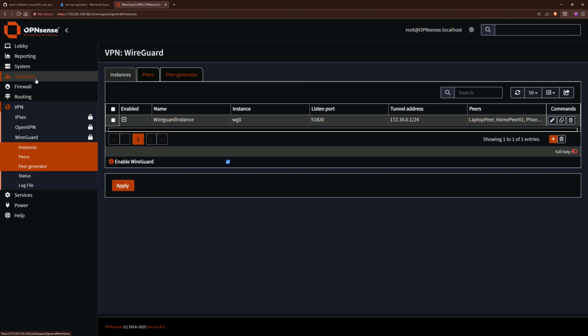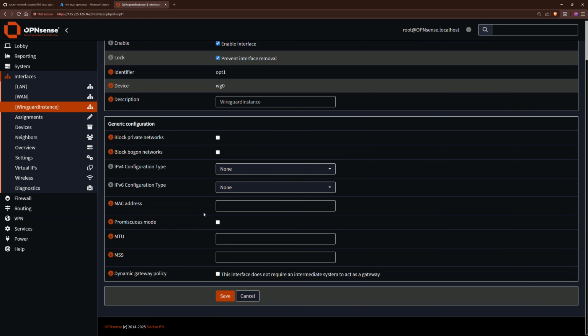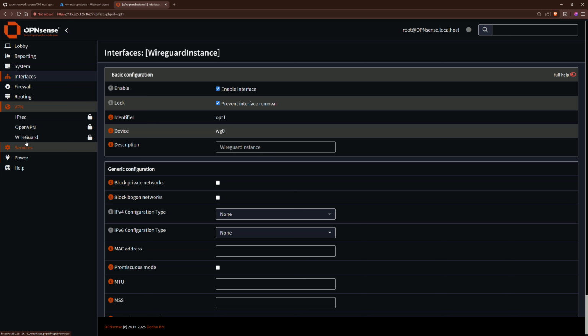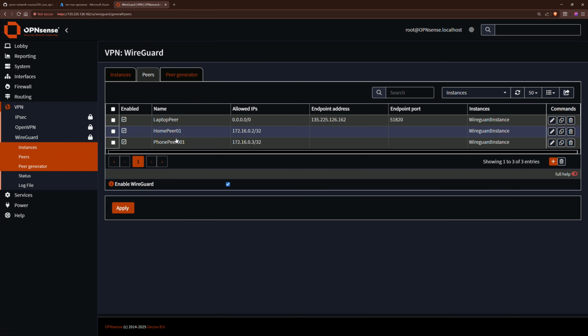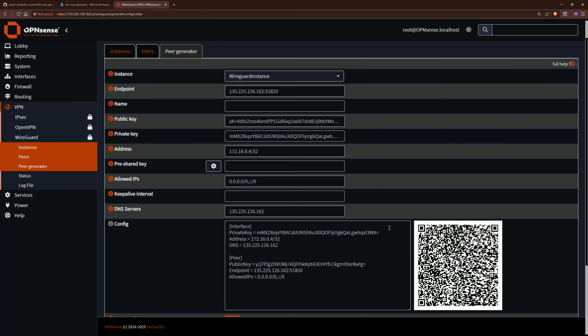instances available. And within Interfaces, I can also see a WireGuard interface that was configured by that XML file. So it's ready to use, and I just need to generate a VPN client configuration and then use it from a VM to connect to WireGuard. To do that, I'll go to either the Peers page right here, or simply navigate to the peer generator, which will help me generate a WireGuard configuration that I can import into my virtual machine to